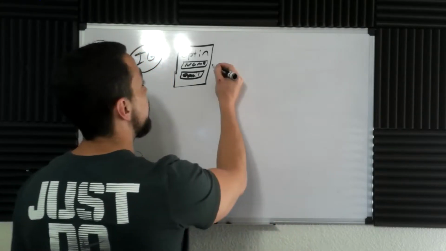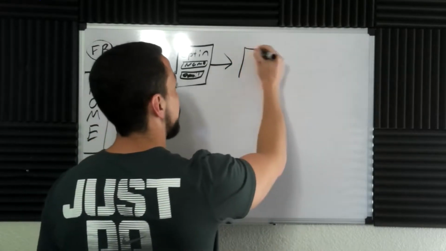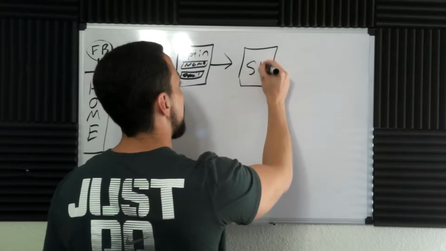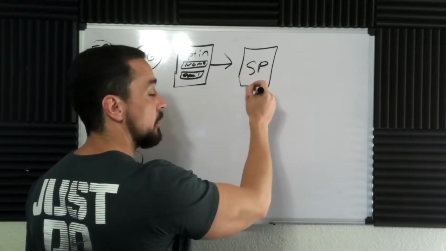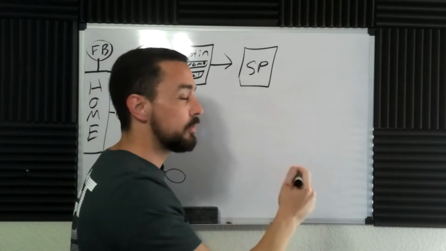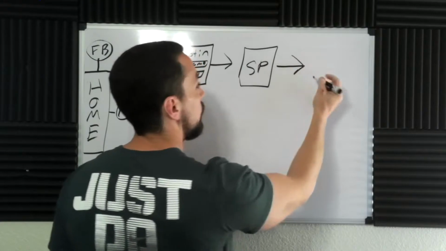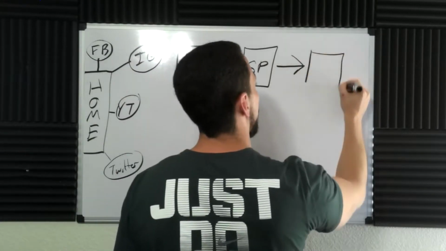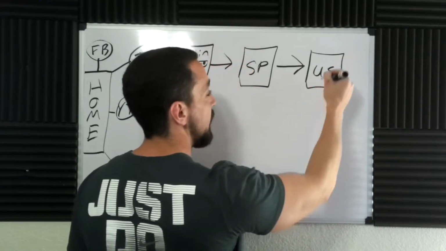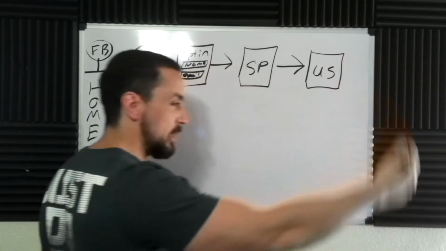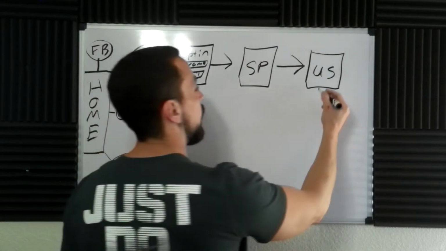So once they opt in, obviously this is a yes. And like we said before, this is the sales page. Now, again, from here, they can either say yes or no. Those are the only two directions that they can go. If they say yes, it takes them to an upsell page, just like we talked about before. And if they say yes, we can take them to another upsell. We can keep upselling, but for simplicity,